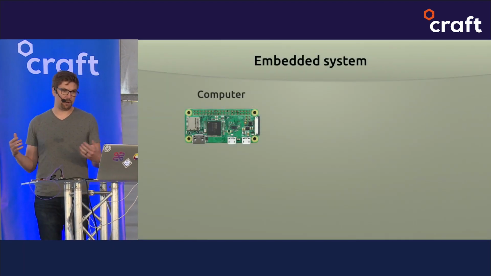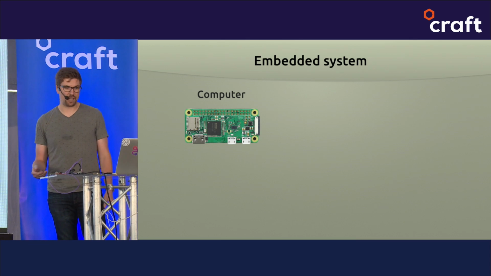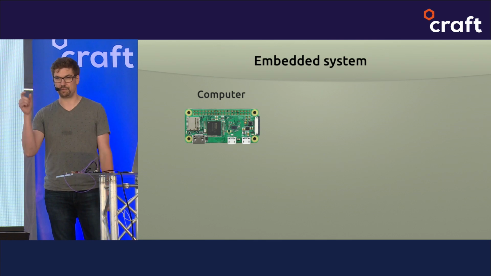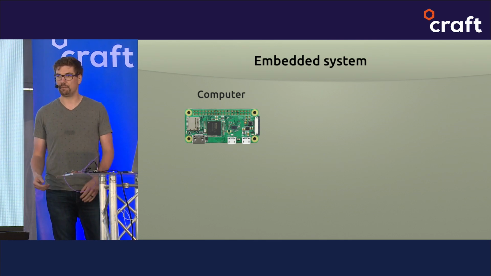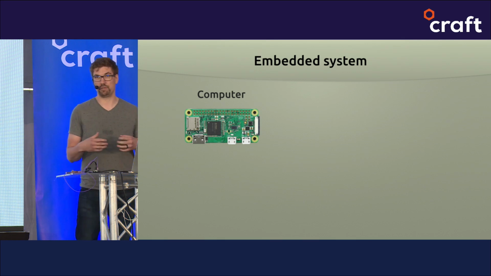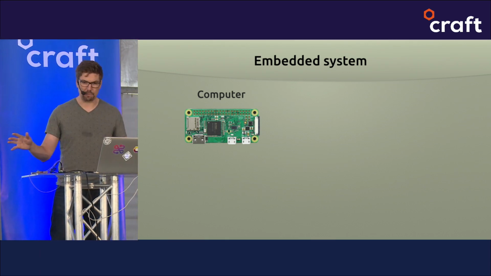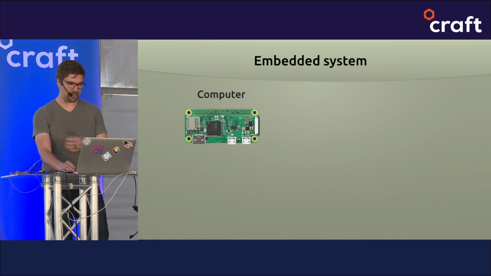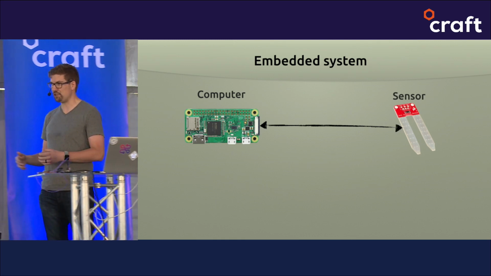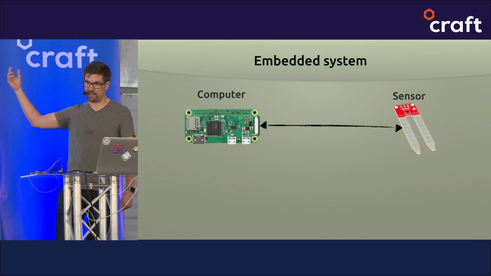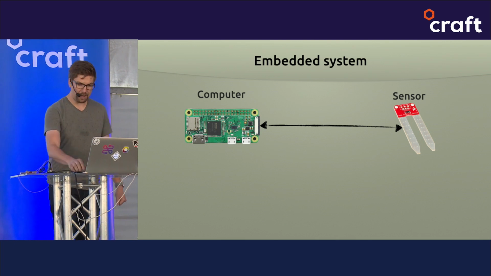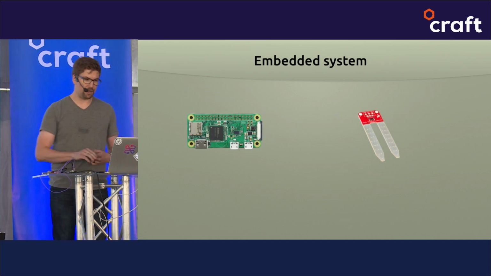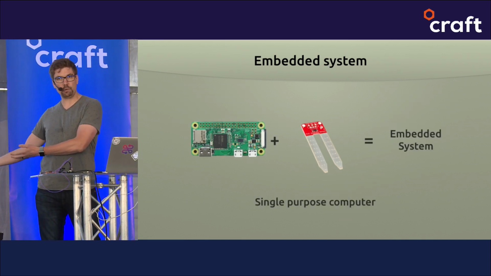So to set things up right, a lot of people are curious these days when it comes to embedded systems and whether or not you can really apply that term loosely to these machines that are available to us. Because they can run Linux, people usually tend to say that's not an embedded system. But for the sake of these talks, if you have a tiny computer and you attach a sensor of sorts, in this case a moisture sensor, and then that tiny computer uses that information to actuate some sort of thing, then if we put those things together, voila, single purpose computer,